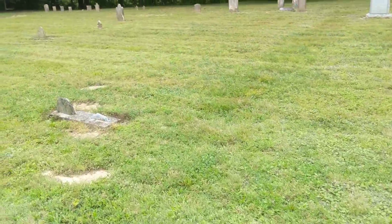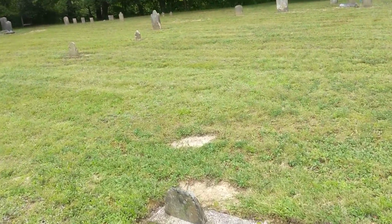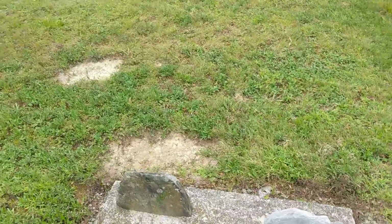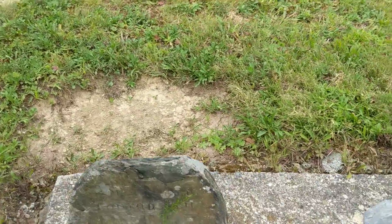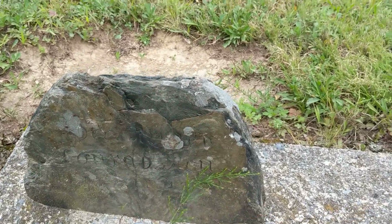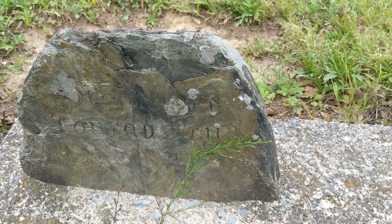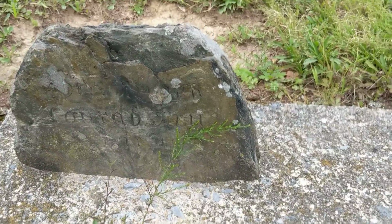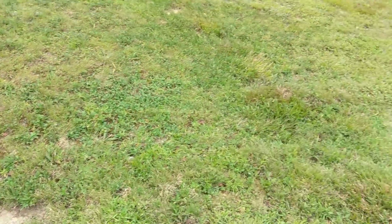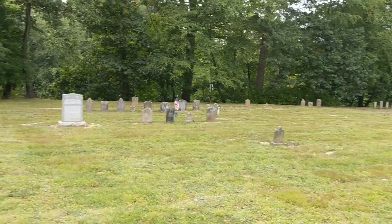Yeah, there's something about these old cemeteries. They just have a look. And this is sort of neat. Here you have this stone here. You can still see some writing here. Like right here, maybe that's originally how the stone, maybe it was more squared off, but that's still pretty neat. I mean, obviously the cement was added a lot later on these things, and that's a lot of these old cemeteries, the stones eventually,